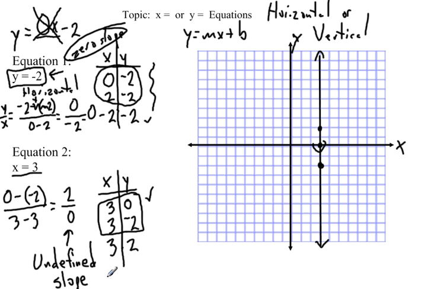You cannot divide by 0. You can do 0 divided by something and get 0 as your answer, as we did on our horizontal line, y equals. But when it comes to x equals, there's no way to write this in slope-intercept form. So you're going to have an undefined slope. That's not 0. That just means it's impossible. Can't do it. And I'll explain that in just a second. But